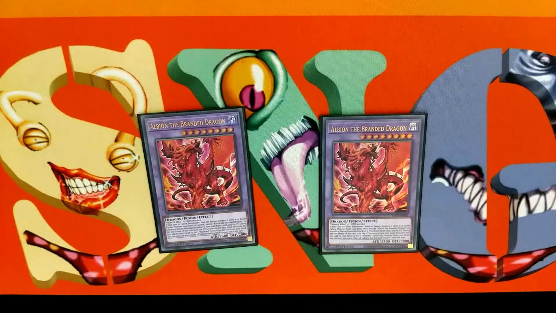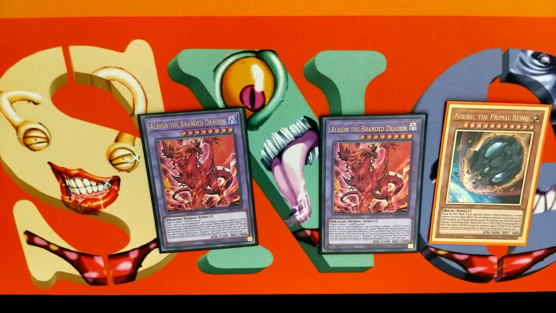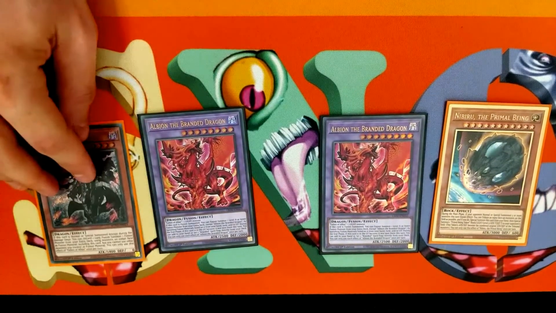If this card is fusion summoned, you can fusion summon a level 8 or lower monster from your extra deck by banishing materials from your hand, field, or graveyard. And the way that this works with our OTK is, say you've got Nibiru on your field, you can fuse away the Nibiru token with Fallen of Albaz,